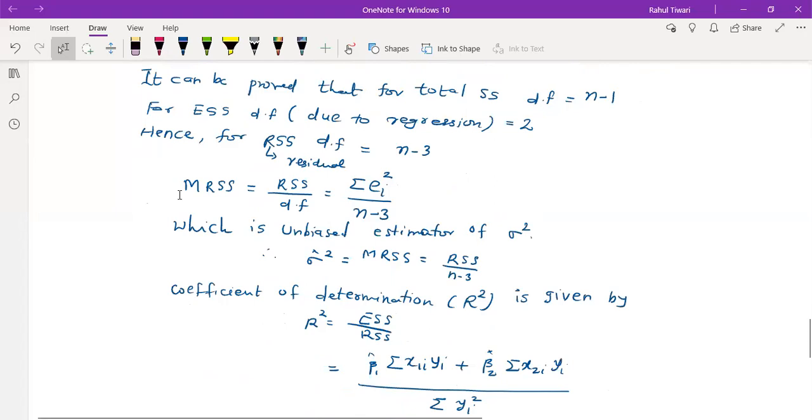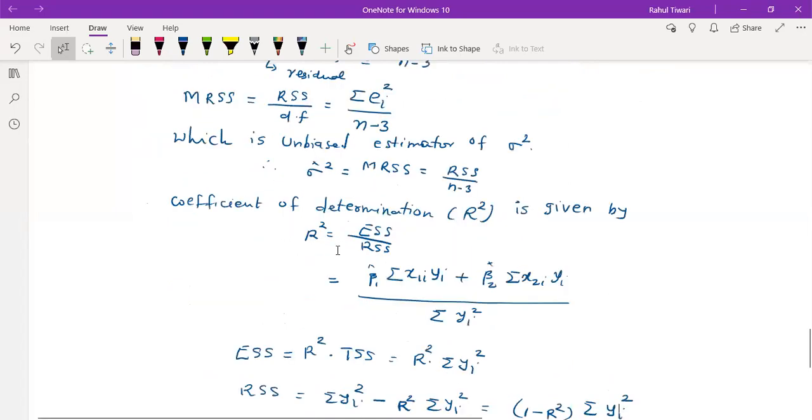And we know mean residual sum of square can be obtained using RSS upon degree of freedom. So residual sum of square is nothing but summation ui square upon n minus 3. And we know that is an unbiased estimator, so one can write directly. But what is the coefficient of determination? Which is R square, which is ESS upon TSS. So the ESS expression we have already. RSS is the residual sum of square, which is